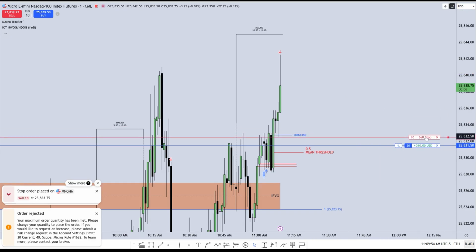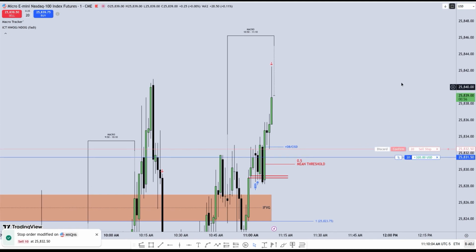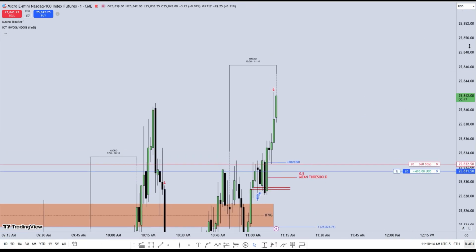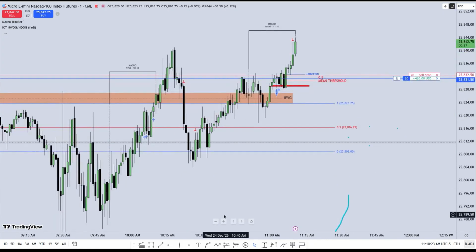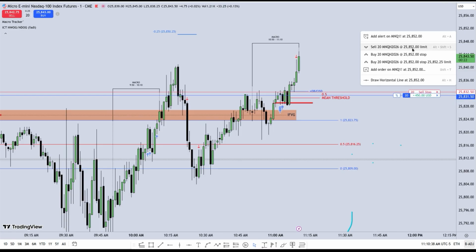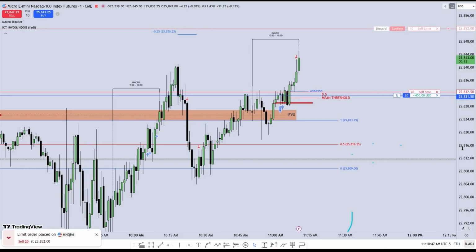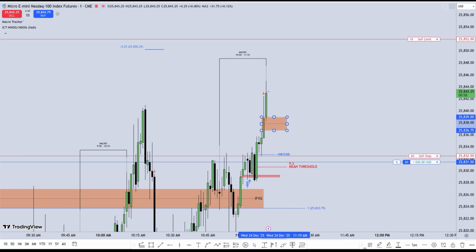There I have taken a partial. Stop loss is being set to break even and securing the commissions. So I took a partial at the sweep of that previous high, and I was looking to take another partial at the extrapolation of this price leg. You can see the trades I took before here. So at the negative 0.25 of that price action leg,